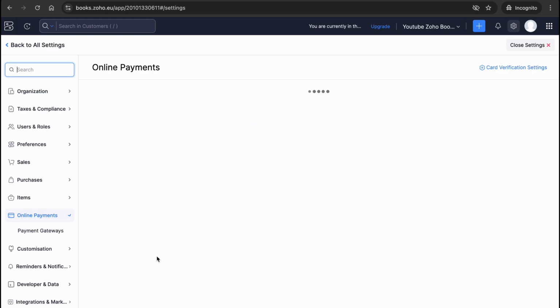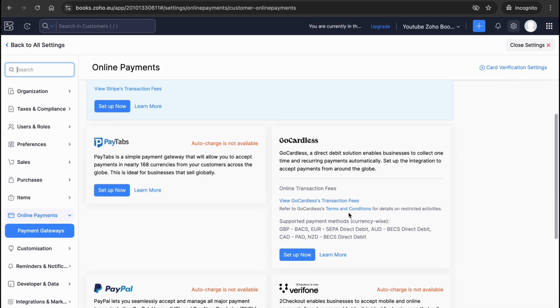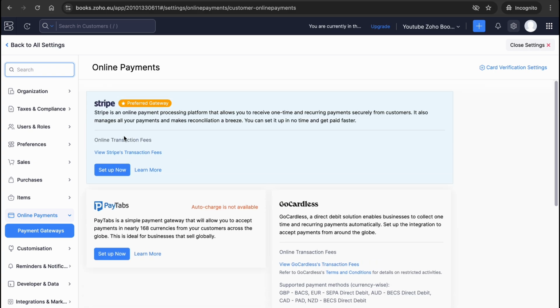is payment gateways. So if you want to add a way where people can either pay your invoices with a direct bank transfer, or if you want to take it through card payments, Apple Pay, and you want to add in a payment gateway, you can do that here. You could add it in Stripe. With Stripe, you can actually auto charge here as well. So when you're sending out your recurring invoices, you can auto charge them as well, but this feature is only